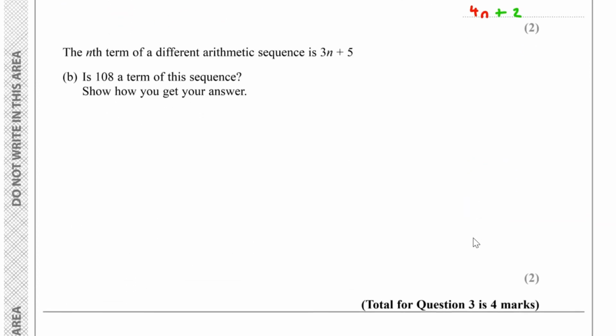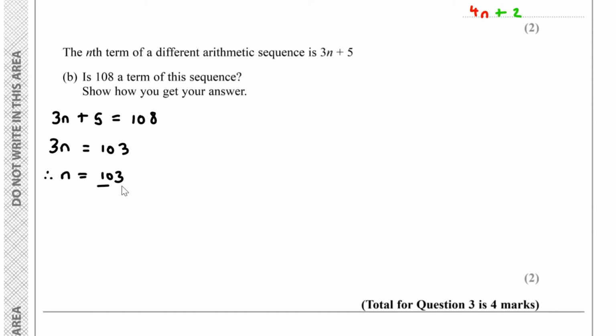And now for part B, the nth term of a different arithmetic sequence is 3n plus 5. We're questioning if 108 is a term of this sequence. Show how you get your answer. Well, what we can do over here is set 3n plus 5 equal to 108. And if we solve for n and get an integer, i.e. a whole number, that means 108 is part of the sequence. So if we subtract 5 from both sides, you'd find 3n to equal 103. And if we divide 103 by 3,